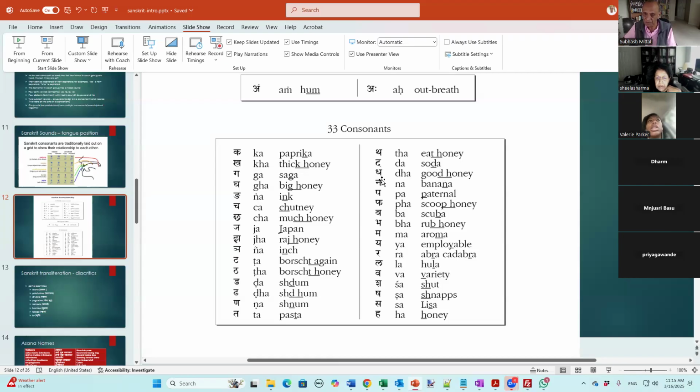Then this is na, like narrow or banana, right? Now this is na, whereas this previous one was a different na. Can you hear the distinction between the two sounds? Yeah, I can, because in my language we have both. So there is na and na. Others, please chime in if you are able to hear the sound difference or you are not able to. I would like to hear your feedback.